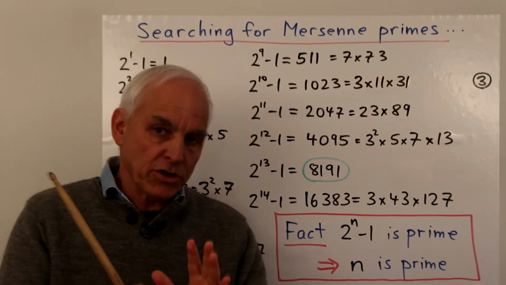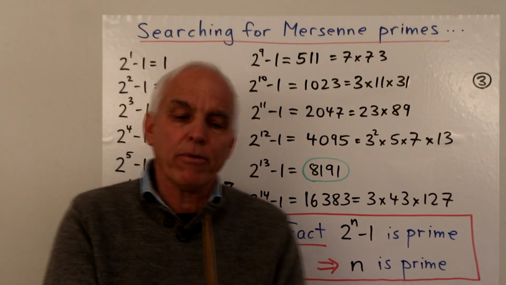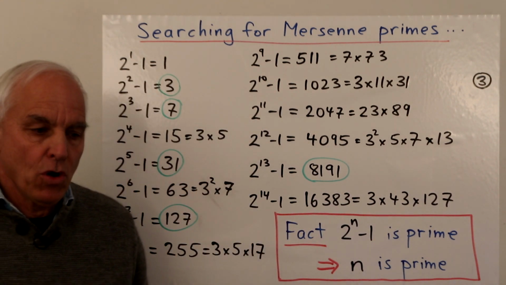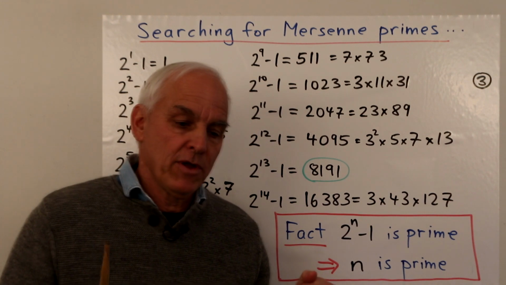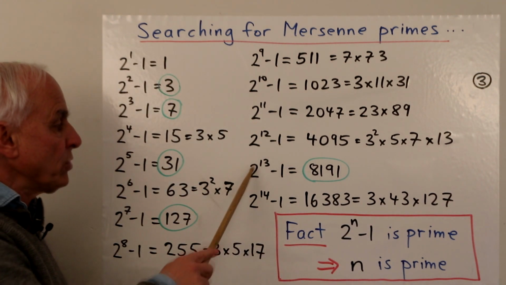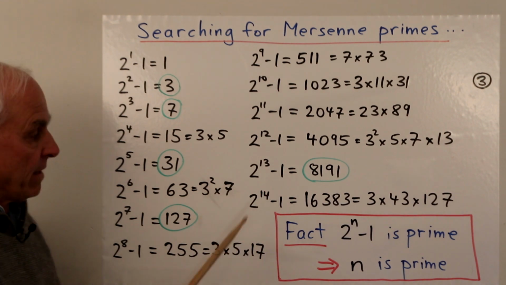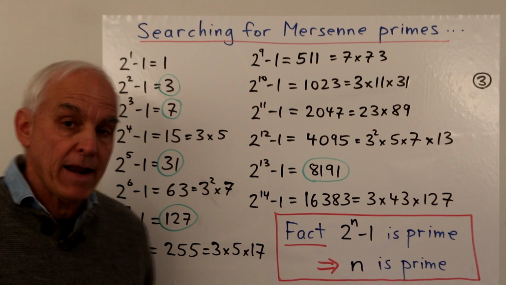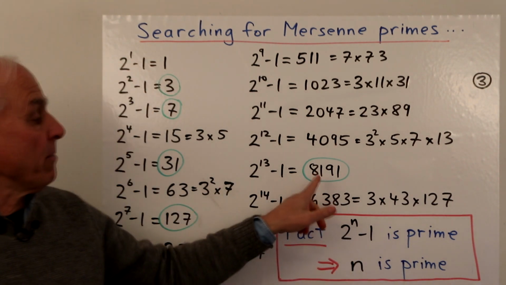So before we start talking about factorization with polynumbers, let's just have a little bit of a look at Mersenne primes, or the search for Mersenne primes. Mersenne primes are particular primes which have the property that they're of the form 2 to the something minus 1. For example, 2 to the 13 minus 1 is 8,191. That happens to be a prime. So that's called a Mersenne prime.